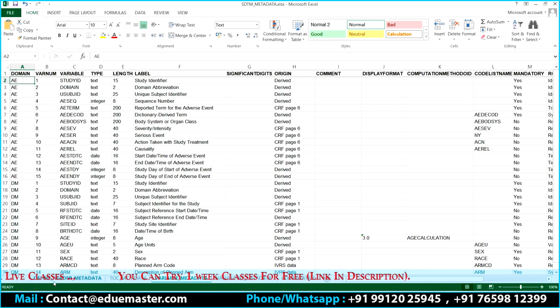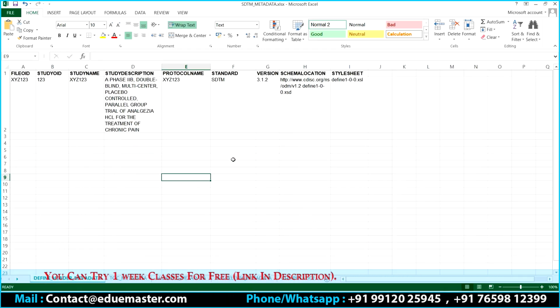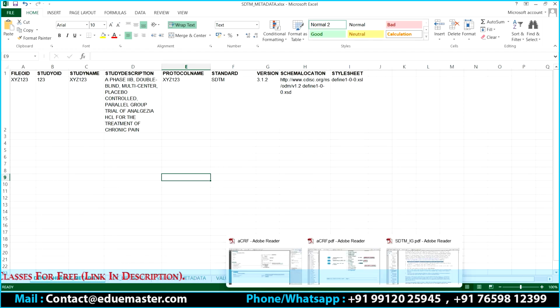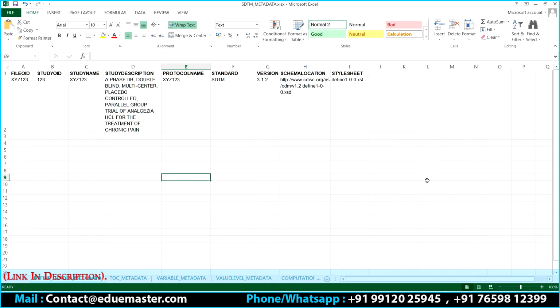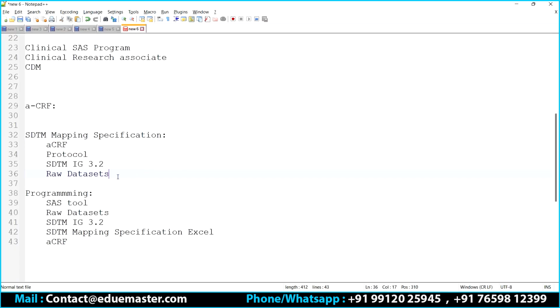You're simply going to use it. Is that clear? You are not going to create this from scratch. If you want to do this, it is completely a manual process. This manual process can be done based on these 4 things. Am I clear?